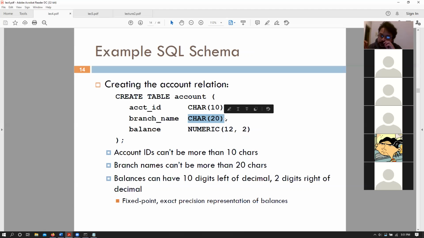On the contrary, if we had used varchar 20, we would still have a maximum size of 20, but your system would allocate memory according to the size of the branch name. In this scenario, we are just using char 20, which says that our branch names have a fixed size of 20 characters, and in case they are less, we would pad them out with some other characters.